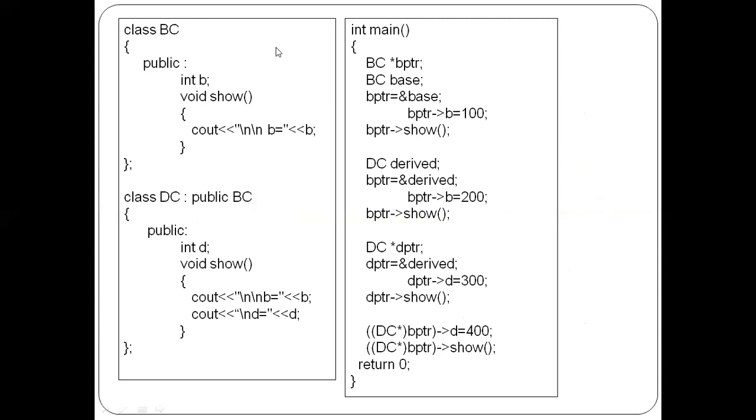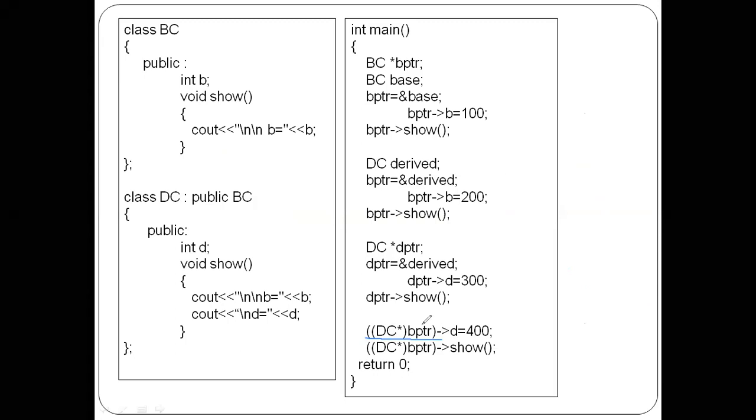Okay, so in a similar way, whatever logic we are using here, which logic are we using? We are using the b pointer variable. Which class is the b pointer variable for? It is for the base class. Yes, guys, clear? From which class have we created that b pointer? From the base class. And we are going to convert that base pointer into which class? Into the derived class.